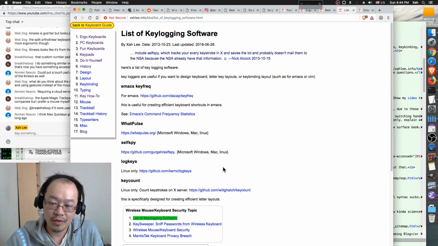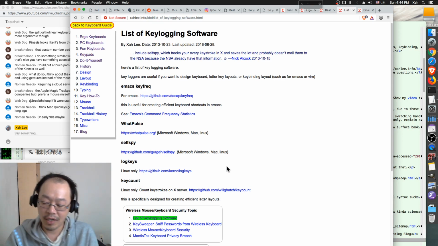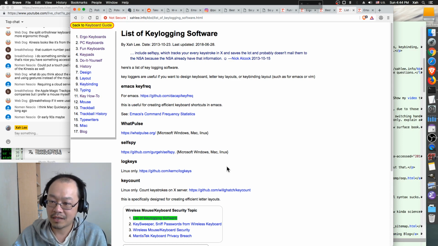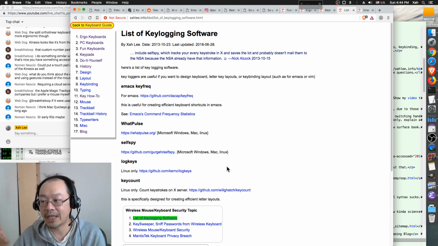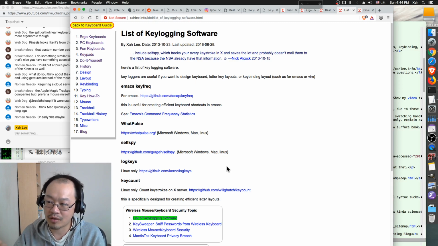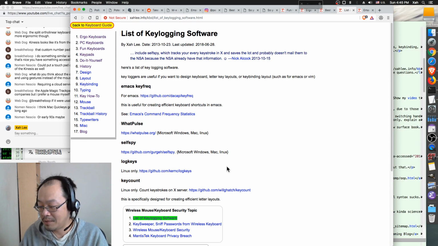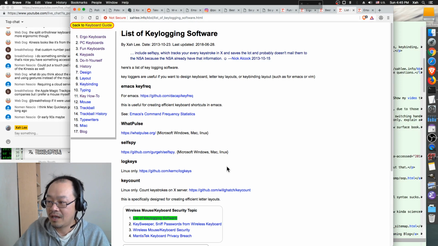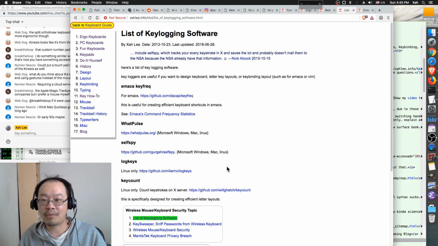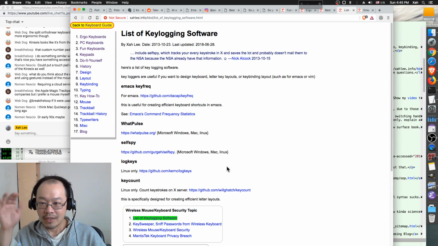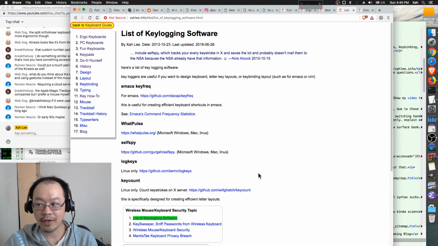You might want to try to install that, especially if you are a heavy keyboard user, because once you've got the actual data about what keys you press the most, what shortcuts you press the most, you can actually learn from it. If you have hand pain, for example, you can start to design. You might see, okay, this is a shortcut I press most of the time, all the time, and it's very hard to press. So you want to eliminate that. For example, you assign a single key to do that shortcut. So here's a bunch of key logging software.